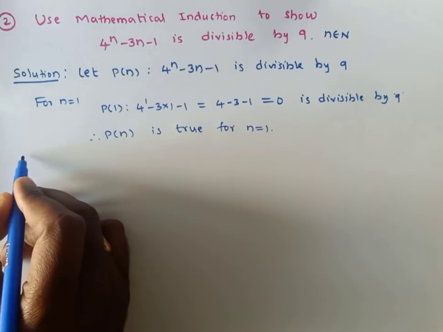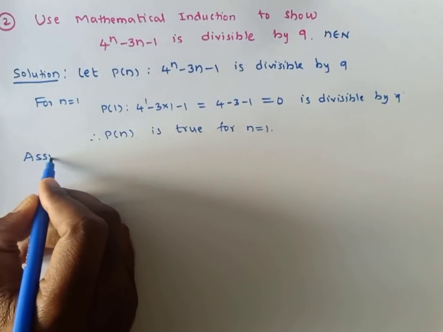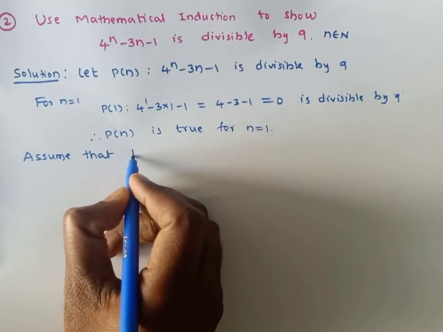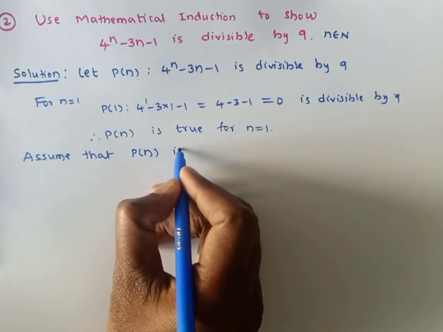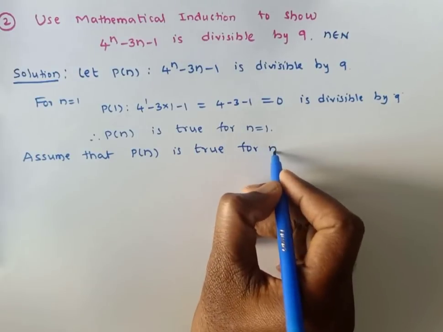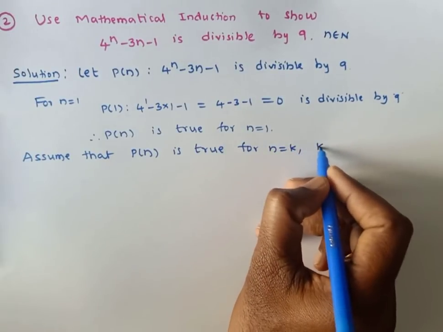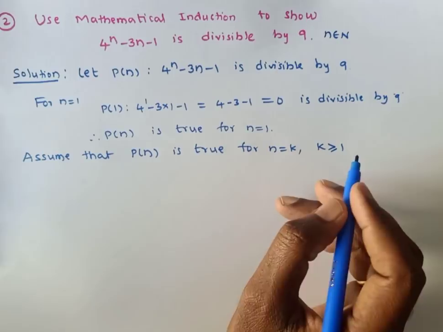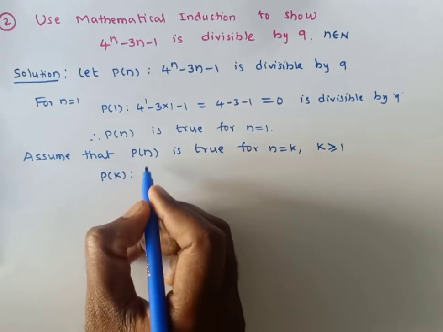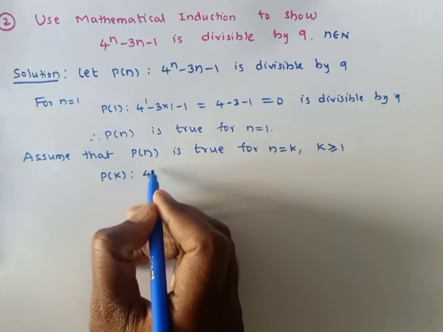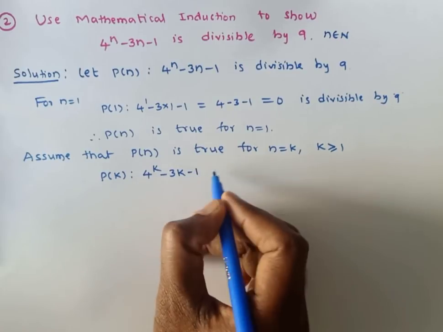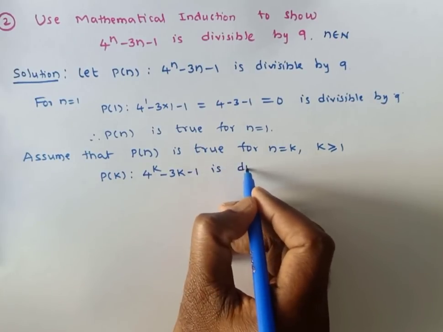The next thing is assumption. Assume that P of n is true for n equals to k, where k is greater than or equal to 1. Then the statement P of k is: 4 to the power of k minus 3k minus 1 is divisible